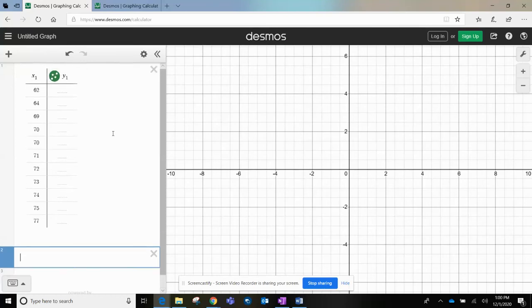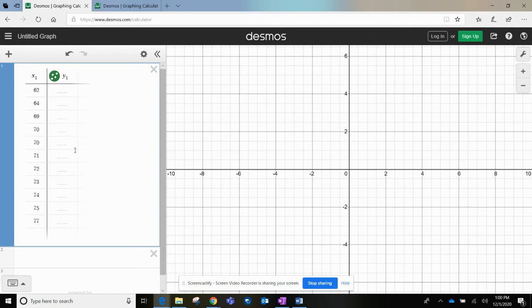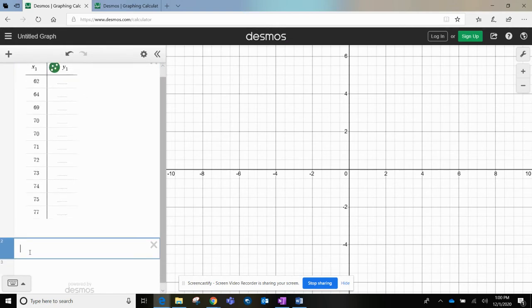Alrighty, so I had just put all my numbers in my table here, and now I'm going to scroll down to line 2. So my table's in line 1. The little numbers are right here on the left-hand side. So I want to scroll down to line 2, and I need to tell my calculator to find the standard deviation. And the way that I'm going to do that is